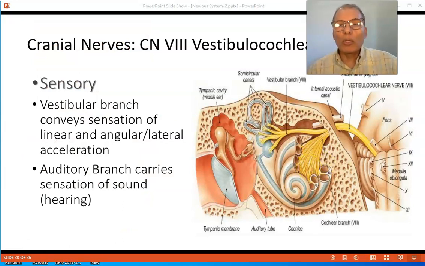The vestibulocochlear nerve is made out of the cochlear branch and the vestibular branch of the inner ear, and together they are combined as they exit and go to the brain stem. They combine into the vestibulocochlear nerve, and that is